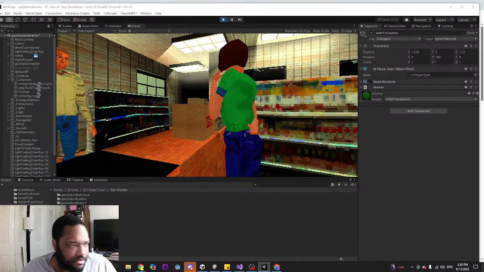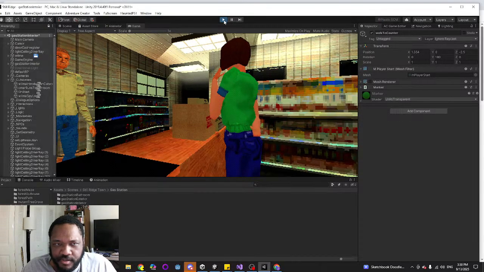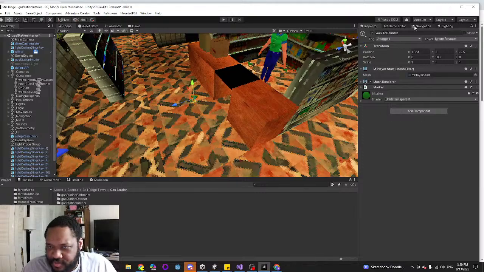Why aren't we playing the dialogue? There should be some dialogue happening here. Ooh, this scene is broken. This scene is broken.